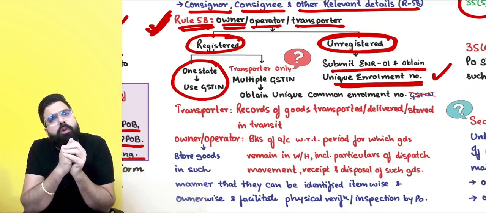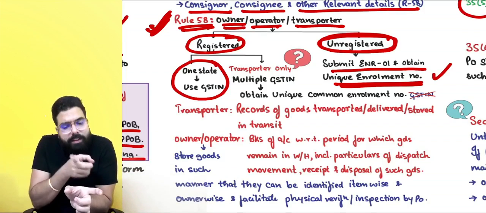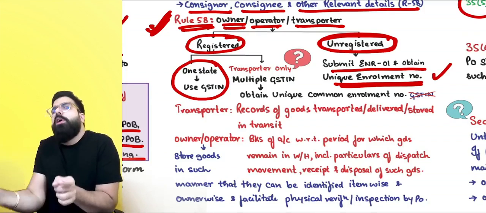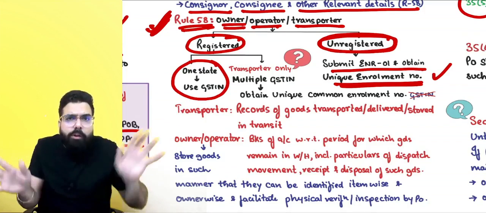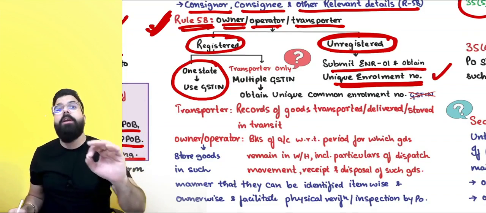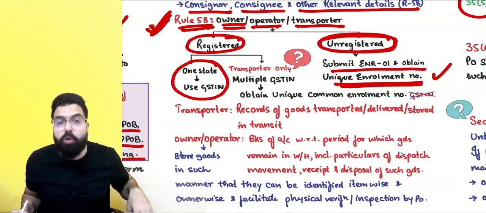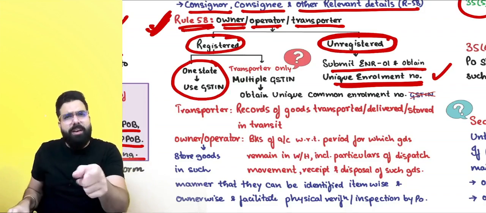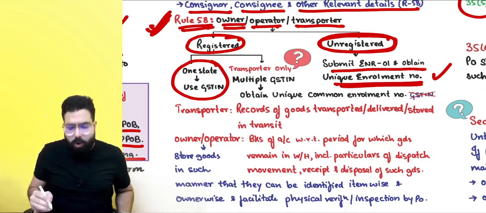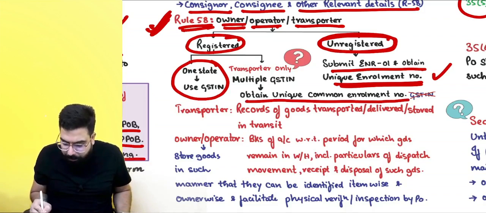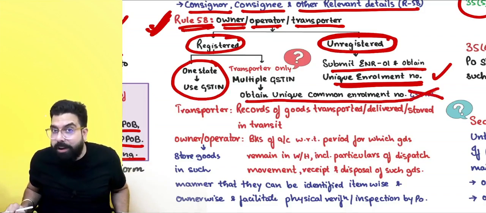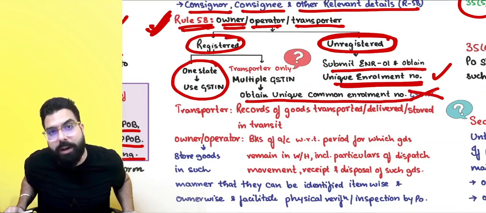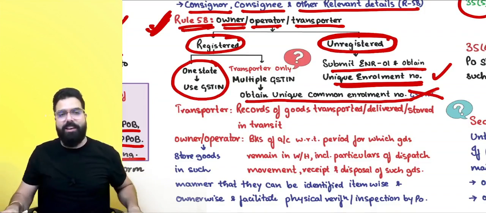Now, transporter told the government, when we are updating this new truck detail, should we use the GSTN number of Tamil Nadu or should we use the Karnataka GSTN number? So many GSTN numbers, confusion can happen. So they went ahead and told the government what to do. Government told transporters with multiple GSTN numbers, do one thing simple, go obtain unique enrollment number. Now your GSTN number will not be used. You can use your unique common enrollment number for updating e-way bill.